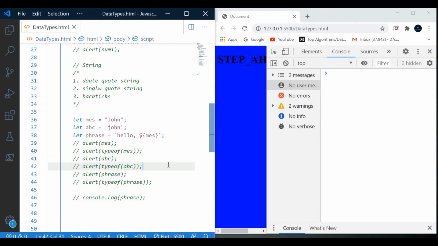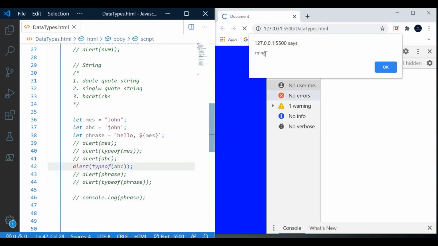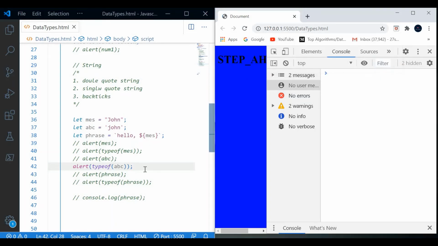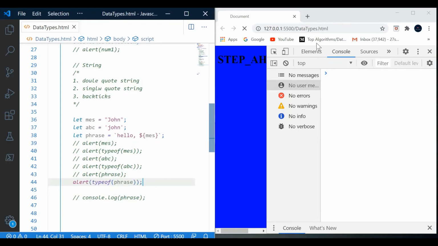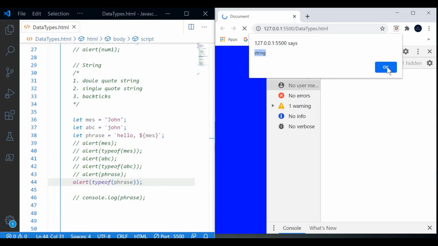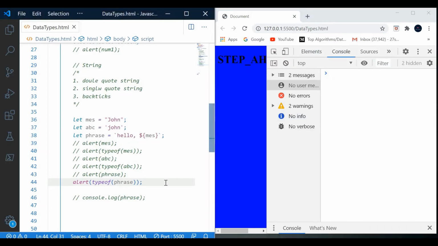We will check only the type of ABC. It is also of string type, and we will check for this phrase. It is also of string type, as backticks are string types.